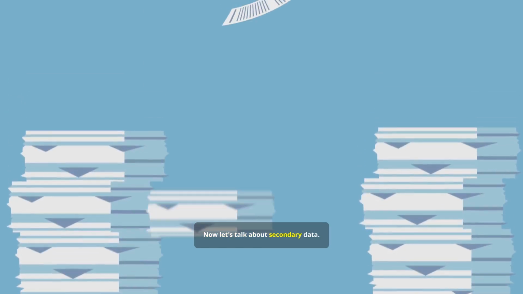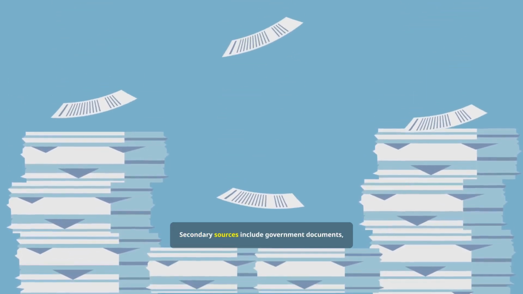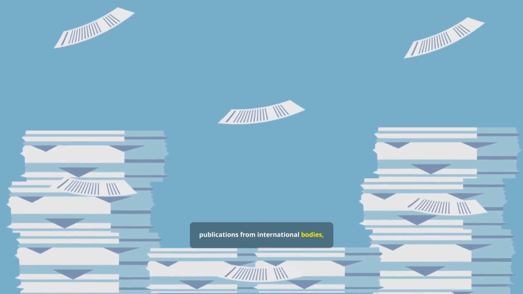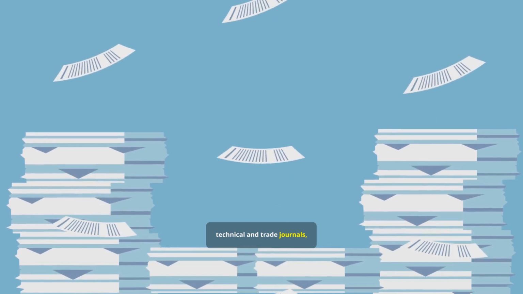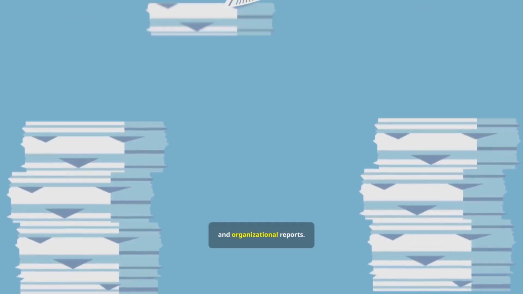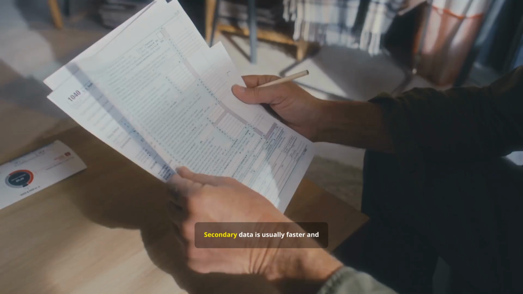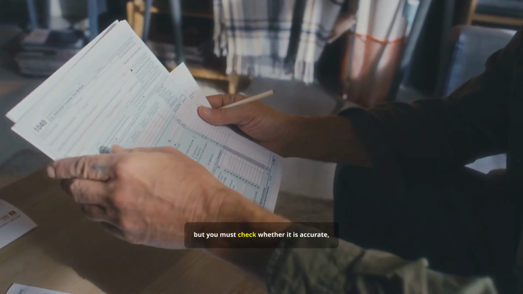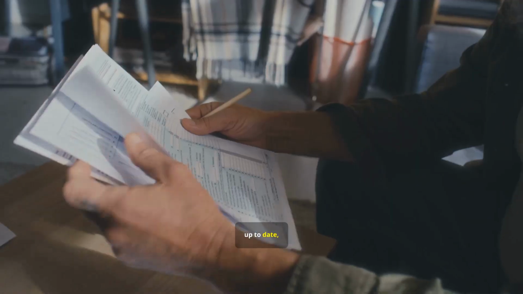Now let's talk about secondary data. Secondary sources include government documents, publications from international bodies, technical and trade journals, books, newspapers, websites, and organizational reports. Secondary data is usually faster and cheaper to access, but you must check whether it is accurate, up-to-date, and relevant